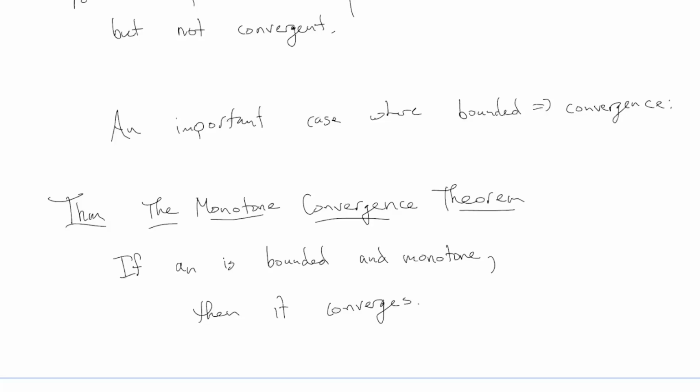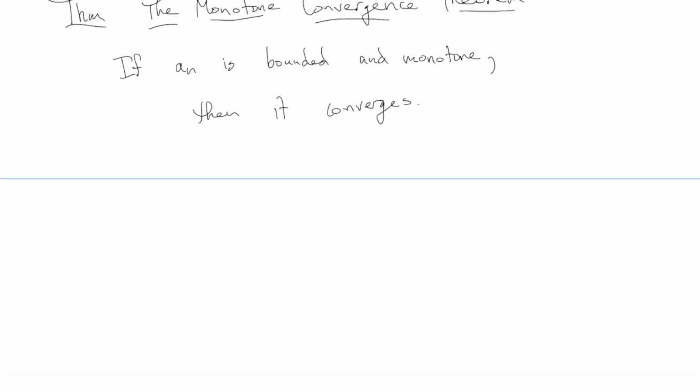All right. So when someone asks you, hey, if a sequence is bounded, does that mean that it converges? The unkind answer is no, you idiot. It just doesn't mean that. Bounded does not mean that it converges. But if you want to be nice about it, you could say, well, no, honey, but if it's bounded and monotone, then it does converge. All right, that's what the monotone convergence theorem says. And I don't want to talk about a proof of this necessarily, but it's not so hard to convince your dear misguided friend that this will be true.